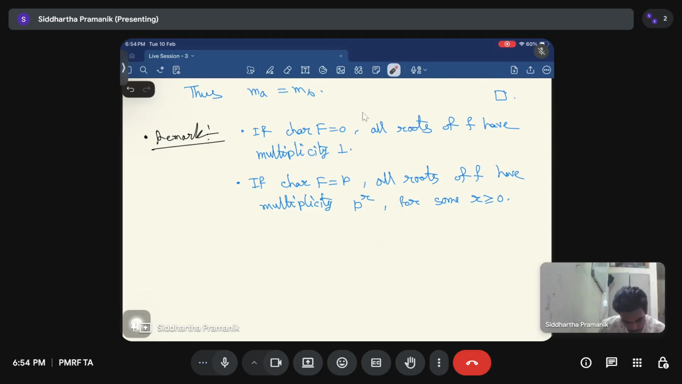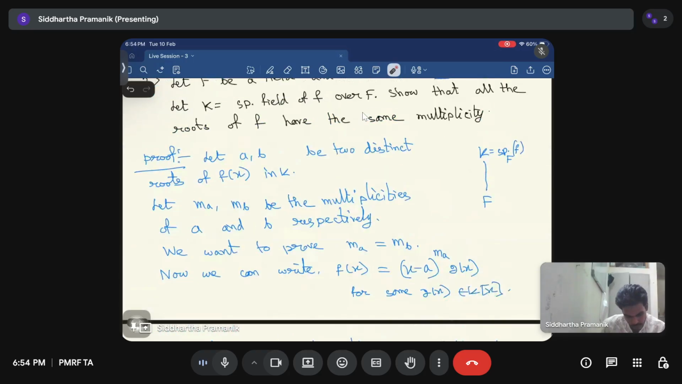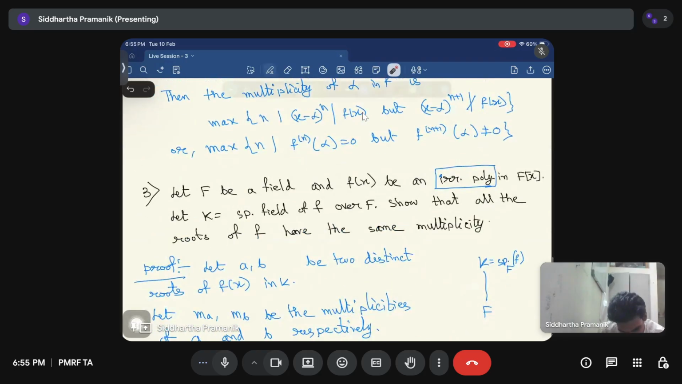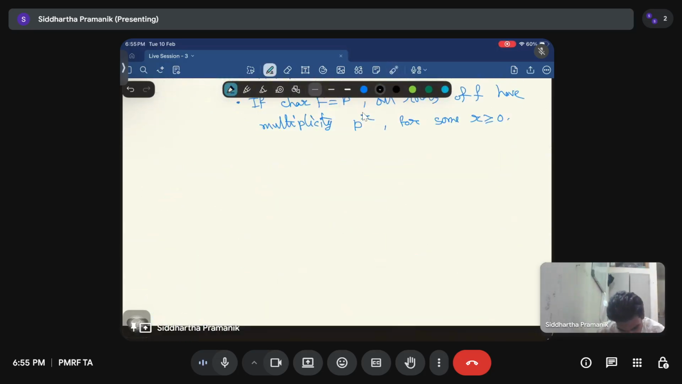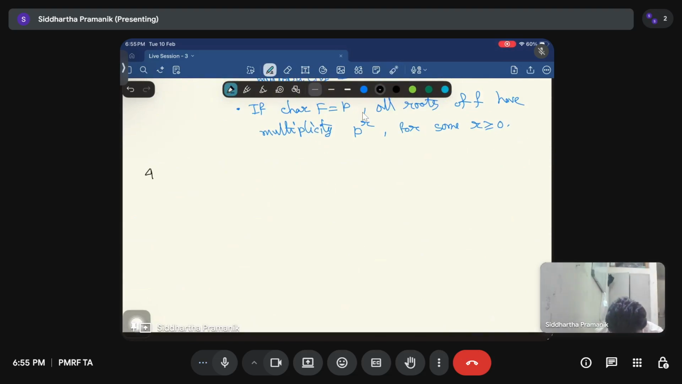Okay, now using this thing that all the roots have the same multiplicity, we can also prove one interesting thing. So let's write down this. So this is problem number 4. Again I will use the same setup. So let f(x) be an irreducible polynomial over a field F,